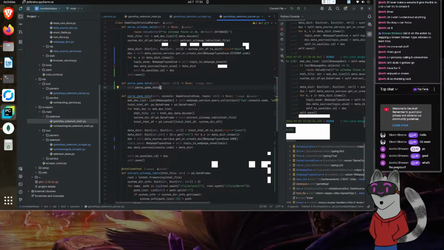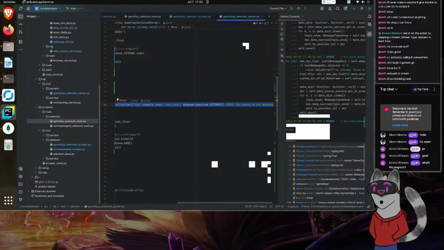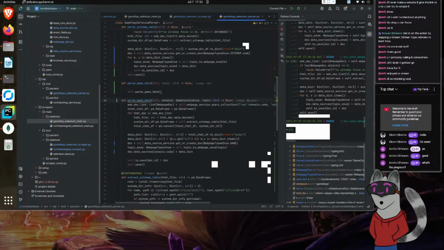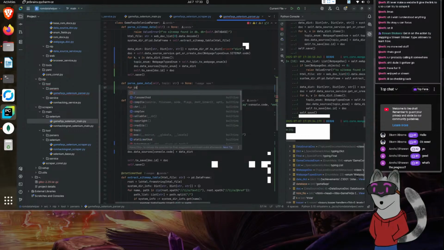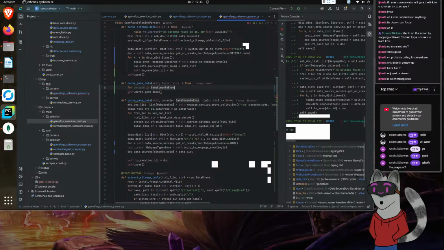And then from here, we'll simply, let's see here. That means we technically don't need this anymore. Well, technically we can still keep it, but we'll do this for console in console. See here, this should be game console enum. There we go. For that, we'll run this console topic,